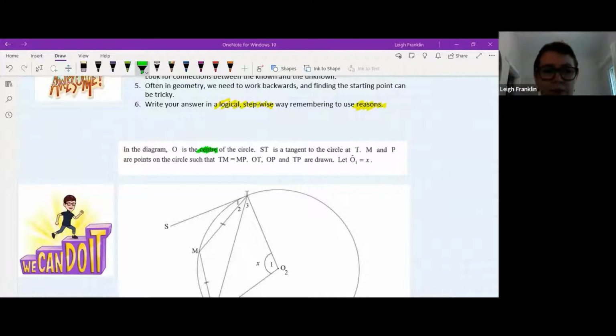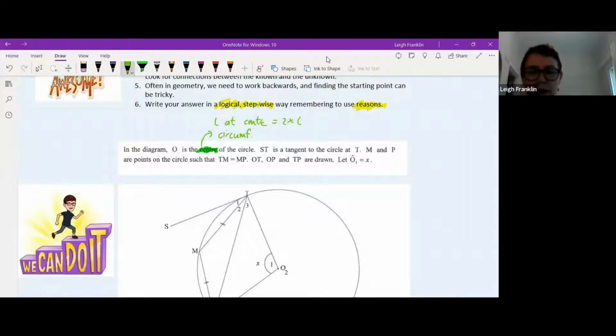All right, so let's make a note of that. When we see the word center, one of the things that we think about is angle at center is 2 times angle at circumference. Okay, reading on,